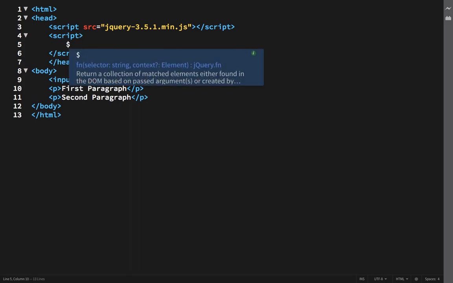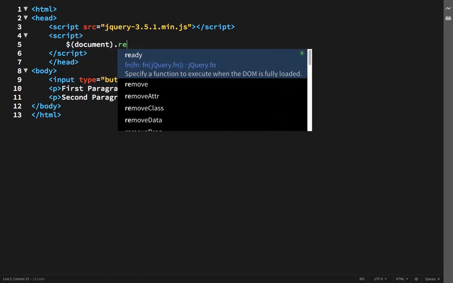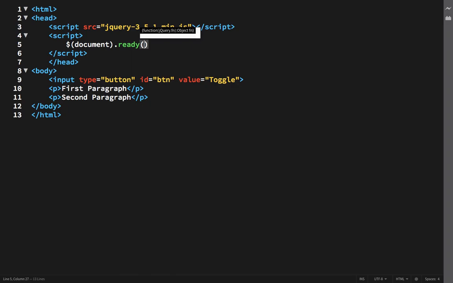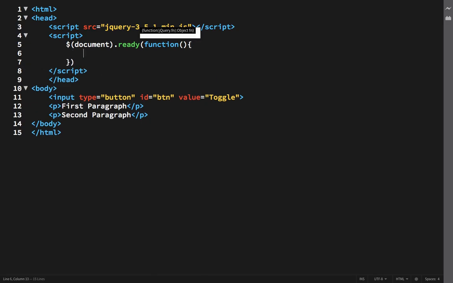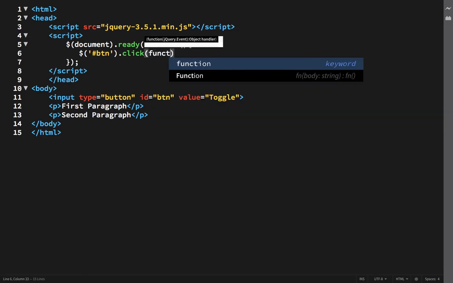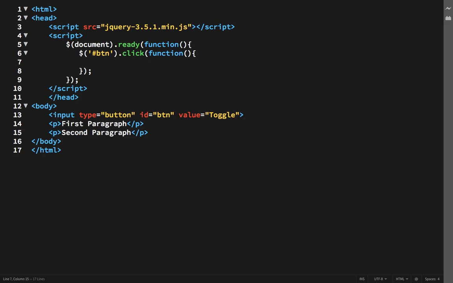Start with the document ready event. Now you have to put all the statements inside this function. So how are we going to select the button? We use the $ sign and the button's ID is btn. So we'll use it like this, btn is selected. Now whenever we click on that button, a function will be called, and the action that function will perform will be written inside this, right?